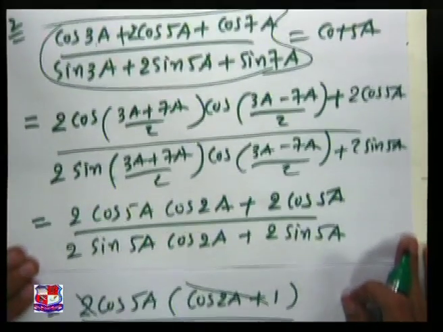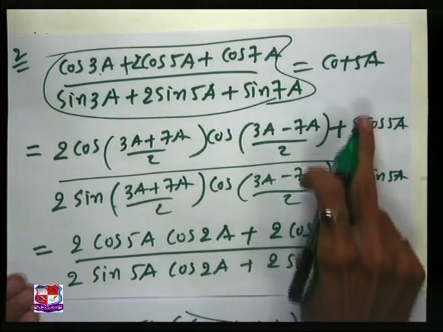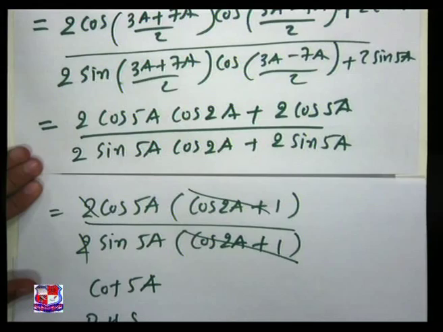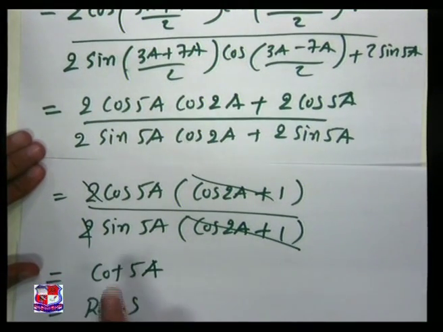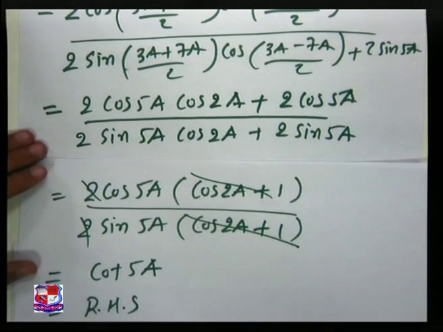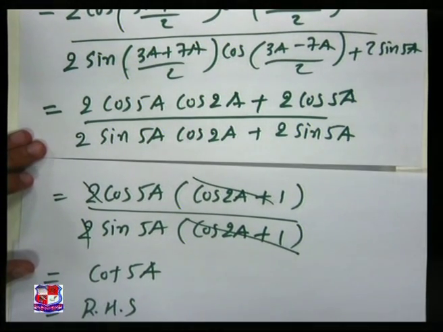Here you can see that we need to prove that this one is equal to cot πa. So in the end we got that this one is equal to cot πa, that is our right hand side. So in this way we have solved our question number second of question 4b. So let us move to the question number third of 4b, in which